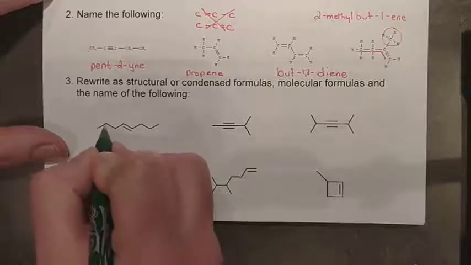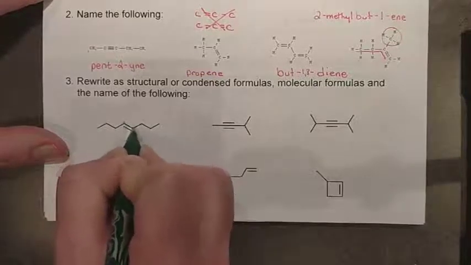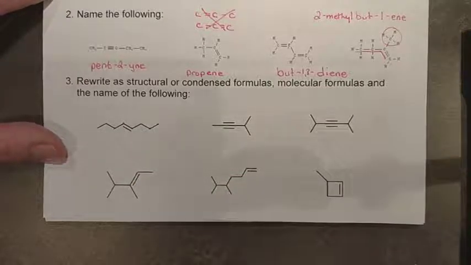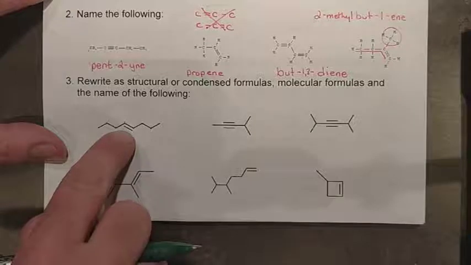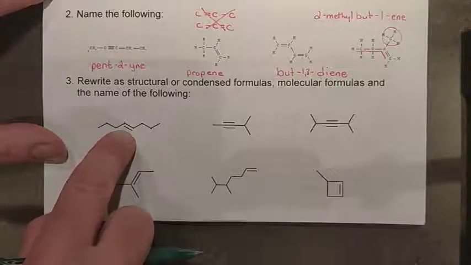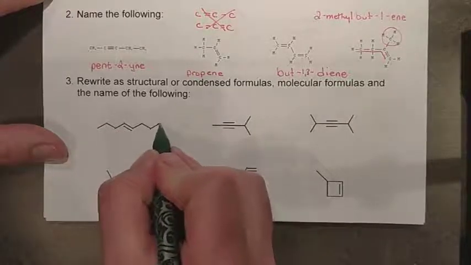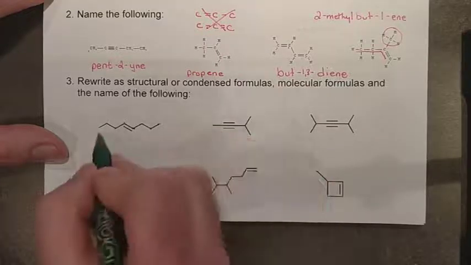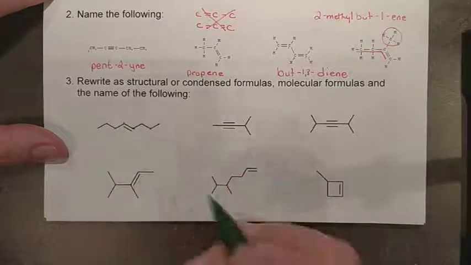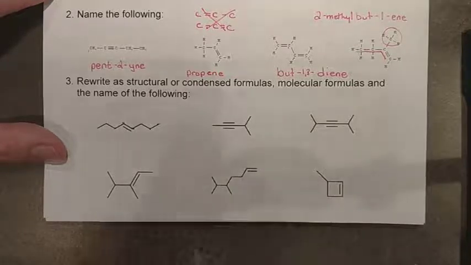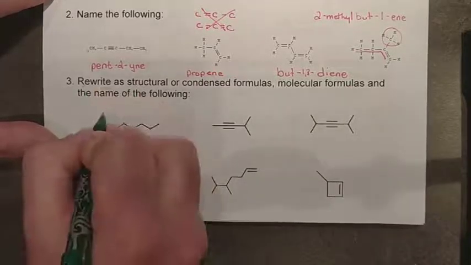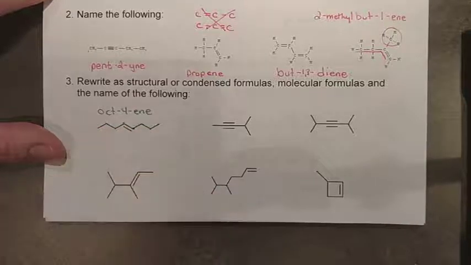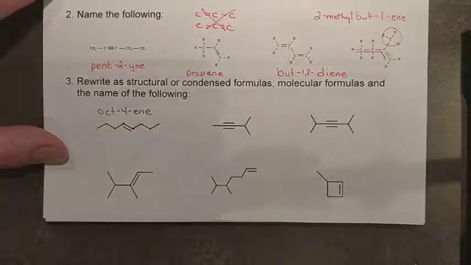This is carbon 1, 2, 3, 4, 5, 6, 7, 8. So I have an octene molecule here because I can see the double bond. I just need to figure out what's the lowest number. 1, 2, 3, 4. So an oct-4-ene from the right. 1, 2, 3, 4, oct-4-ene from the left. So it doesn't really matter, and this one just gets known as oct-4-ene. Okay,